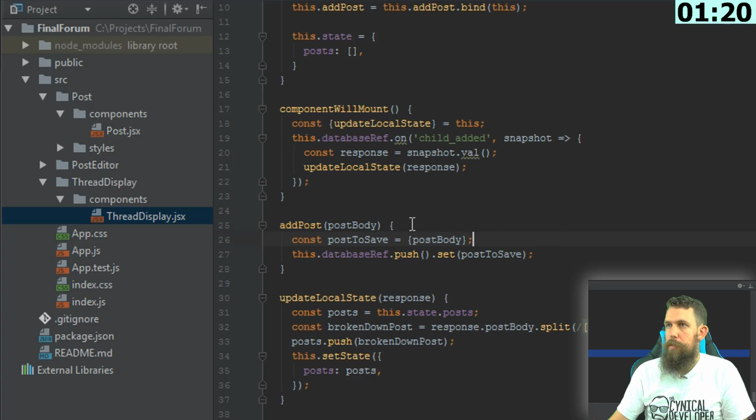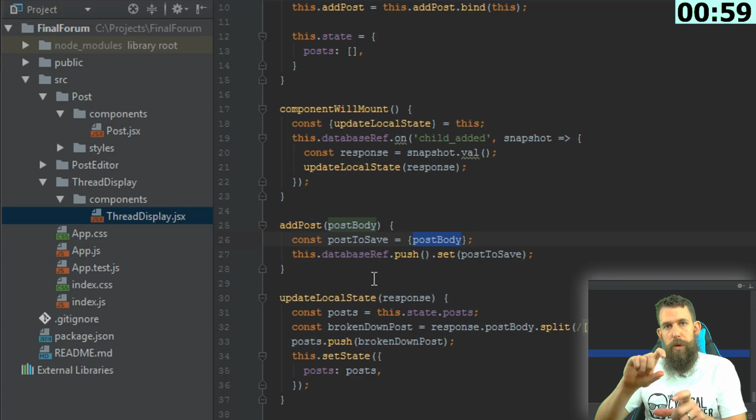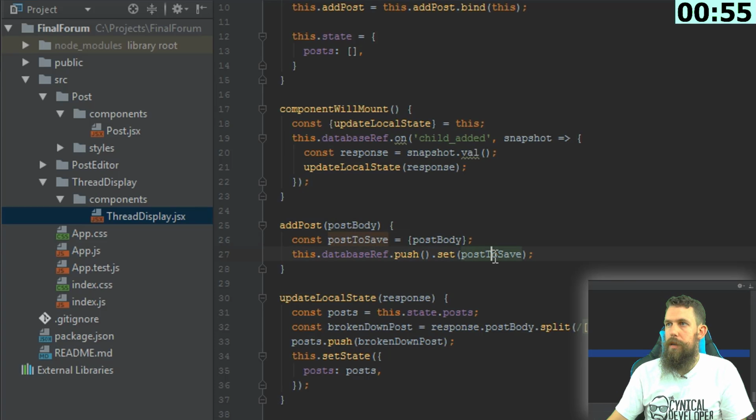Right, so the add post will send in a post body, and it will destructure the post to save that off. Does it make sense? No, it's going to put it into a post body, so it's going to make it an object so that every time we put a post body on, it will have like a post body tree that goes underneath each of the